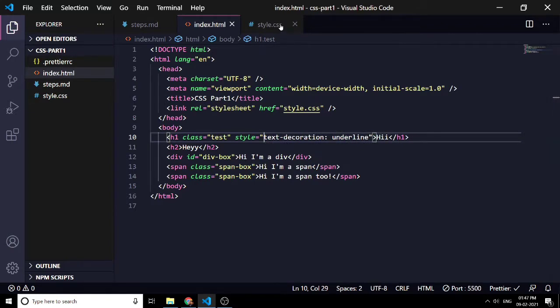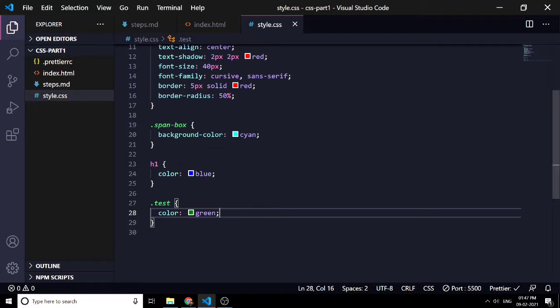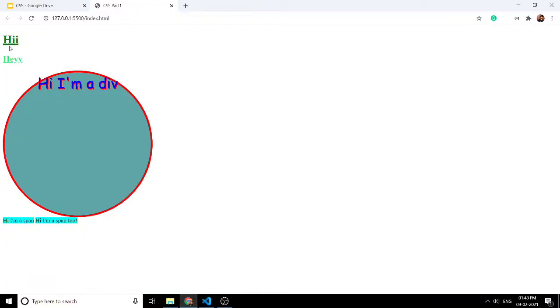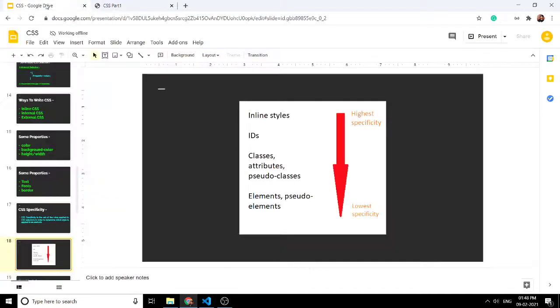Now we have two conflicting styles, one of the element style and one of the class selector. According to the chart, the class style must be applied as it has more specificity than the element one. Let's see whether it is green or blue. You can see it is green, as the class selector has more specificity than the element one.